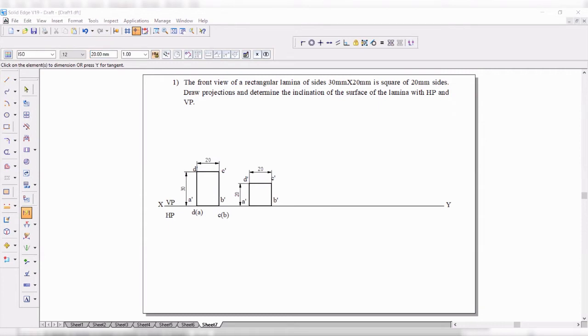Now to draw its top view, that will be done later. Before that, you can't draw it because they have not given any inclination, nothing about whether it is parallel or something like that.